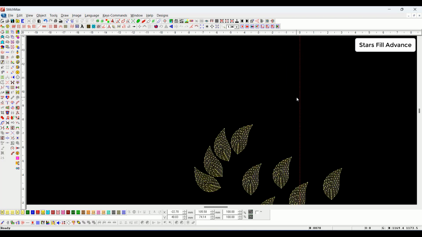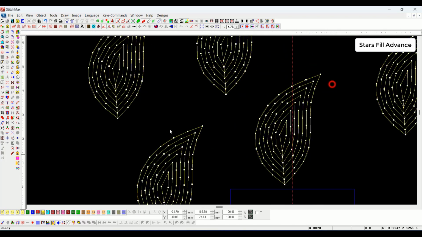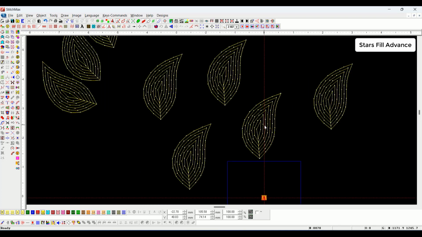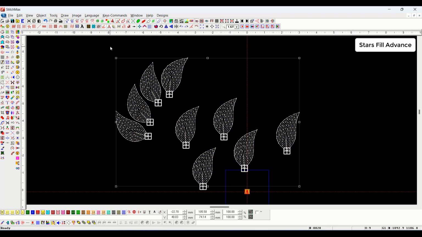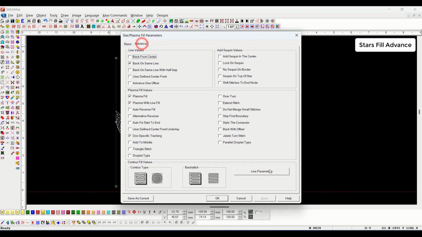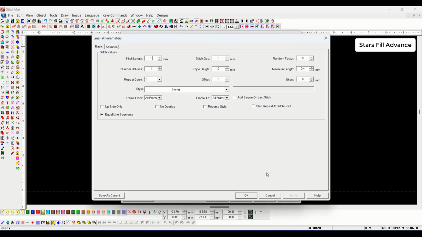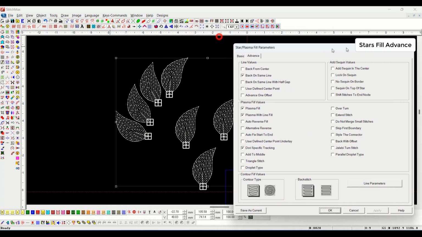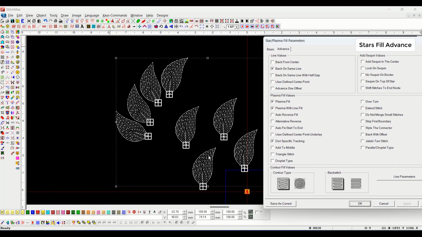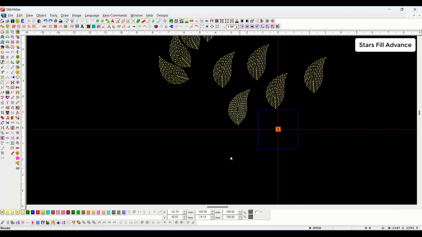Now here we have kept the stitch length of all the objects at 3 mm. We had to keep 1.50 or 1.80 in the cording or chain. We have selected all the objects, then go to the Advanced Property and go to the Line Parameters. If a length of 1.50 is set, it will affect a particular object. If we desire the same stitch length across all objects,